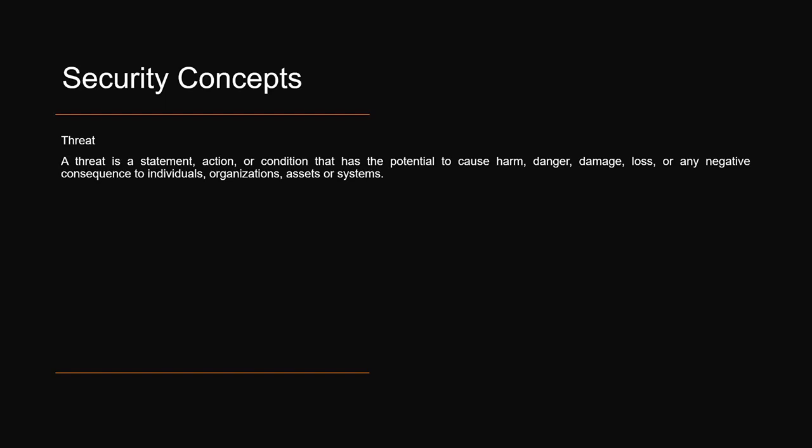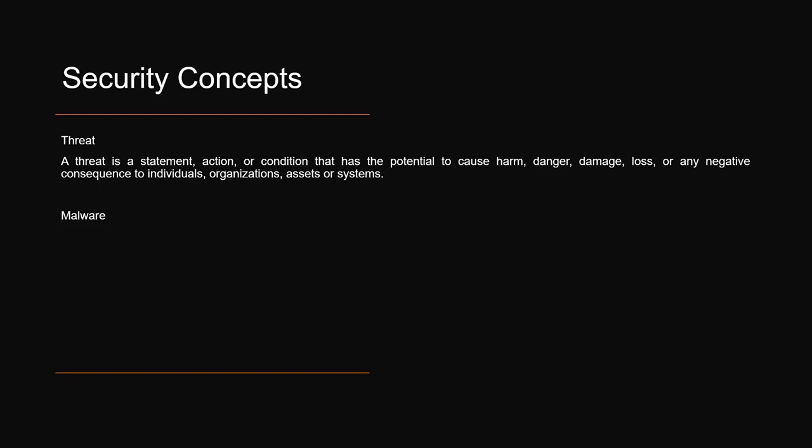In the context of information security, a threat refers to any circumstance or event that has the potential to harm or compromise the confidentiality, integrity, or availability of information or information systems. Threats can be intentional, which means they can be malicious, or unintentional, meaning accidental, and they are fundamental concerns in maintaining the security of data and information systems. Some common types of threats are malware,